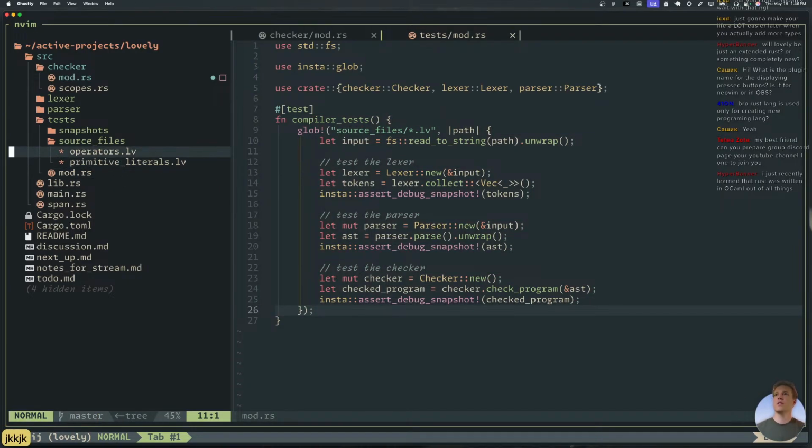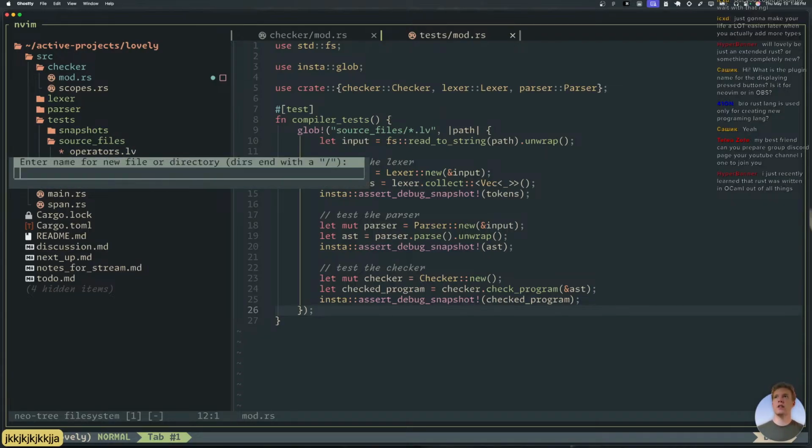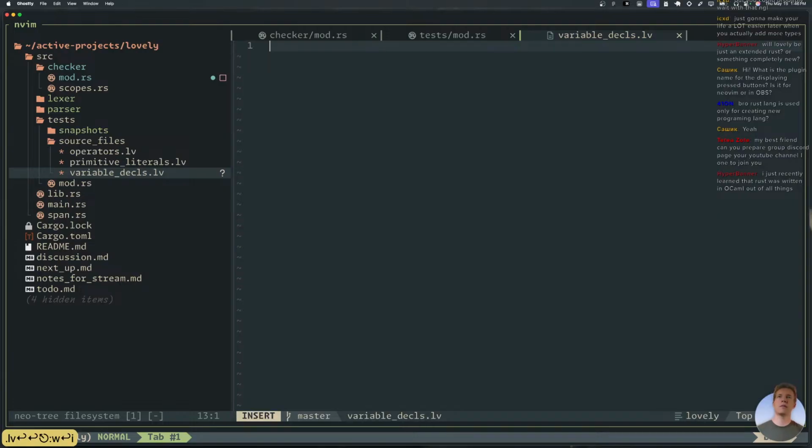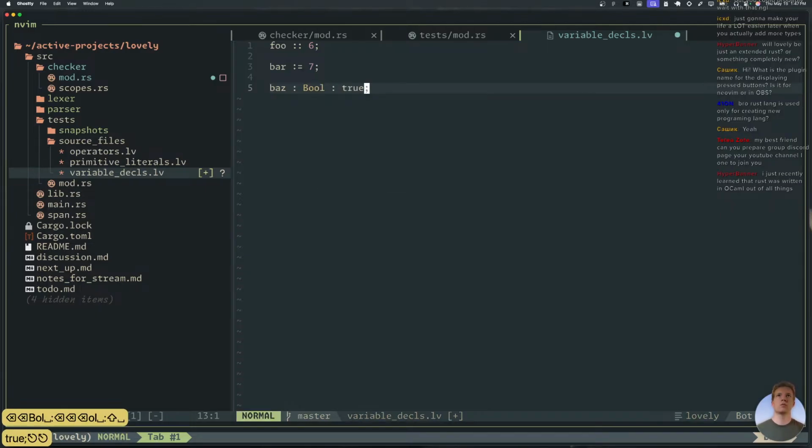It's pretty cool. So for example, I'll add one here called variable decls.lovely. Here's a lovely file. I'm gonna say foo is 6, and I'm gonna say bar is 7. And I'm gonna say baz is an int, it's a bool, and it is true.